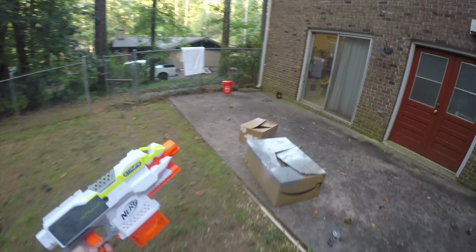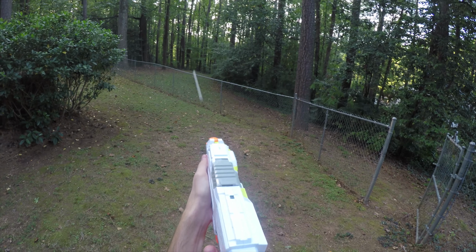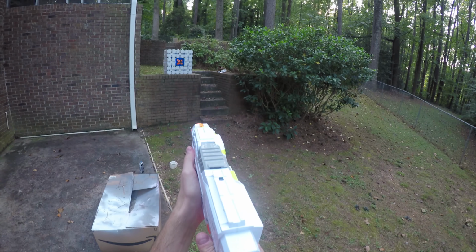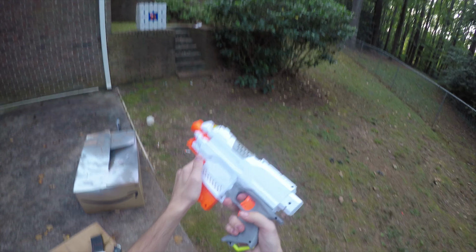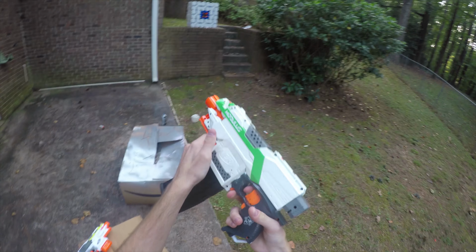So let's go ahead and prove to you guys that this is in fact just a regular Stryfe, nothing super duper special about it. We're going to be getting standard Stryfe performance, which is to say those are like 50-foot shots out of fresh batteries. The accuracy on it is pretty standard for a regular flywheel blaster compared to something like a custom build. It's nowhere near as nice, but I did want to point out that yes, I made a Modulus Stryfe